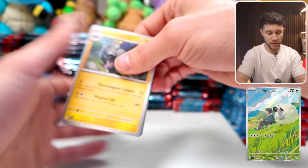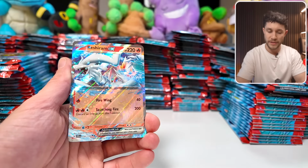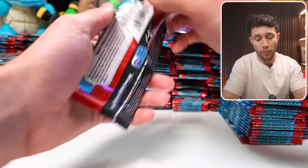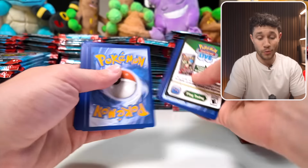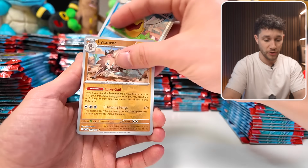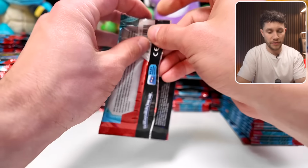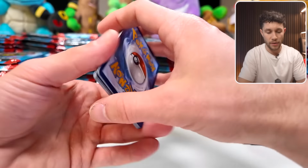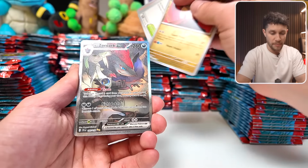So those are the illustration rares that we're hunting for. And I think that's all that's in here. Another Reshiram EX, very vibrant. So out of all of those, the top ones that I'm looking for at least is Wailord, which we got, Articuno, which we're still looking for. I really like the Iono's Kilowattrel. I think the art and the design and the colors across it are fantastic. And then, what do you call it? The Noibat. So those are my big